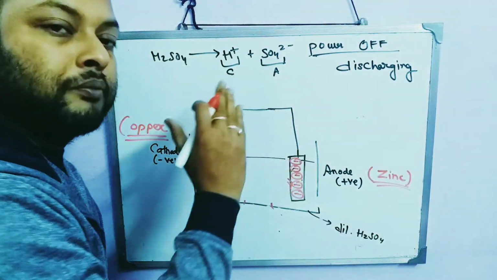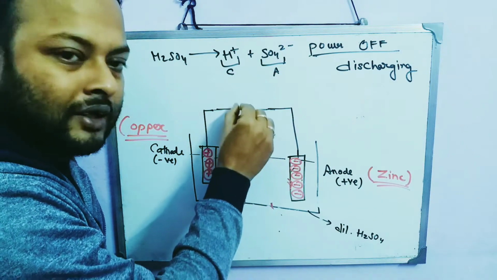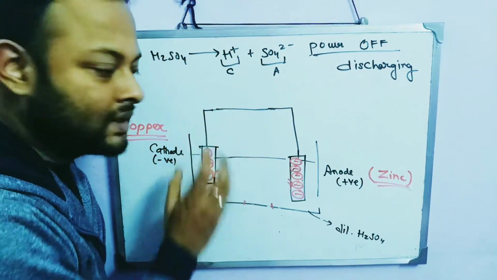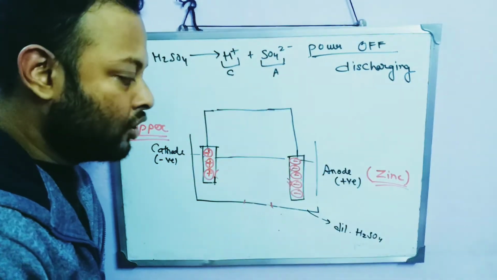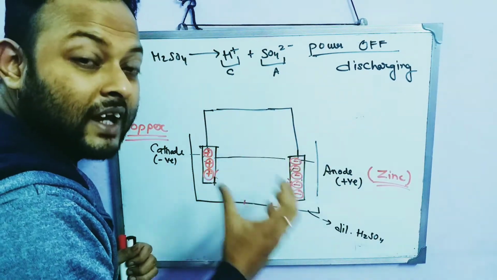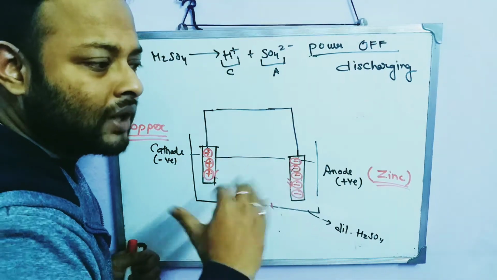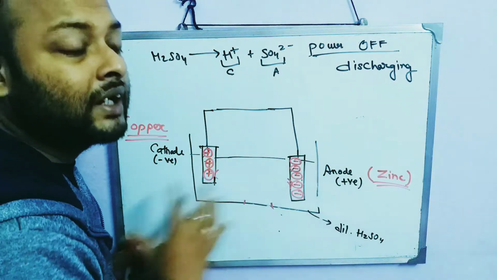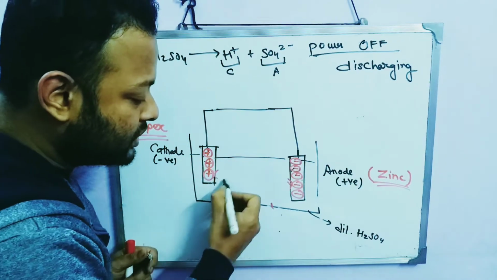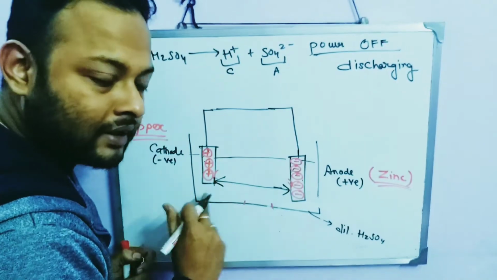Now when the battery is discharging, there is no more battery over here. Already it has accumulated the positive ions towards one side and the negative ions towards another side. So between this positive terminal and this negative terminal, a potential difference is created. Obviously, what is potential difference? One side you have a lot of electrons and one side you have fewer electrons. So the potential which is created between this cathode and anode, right?